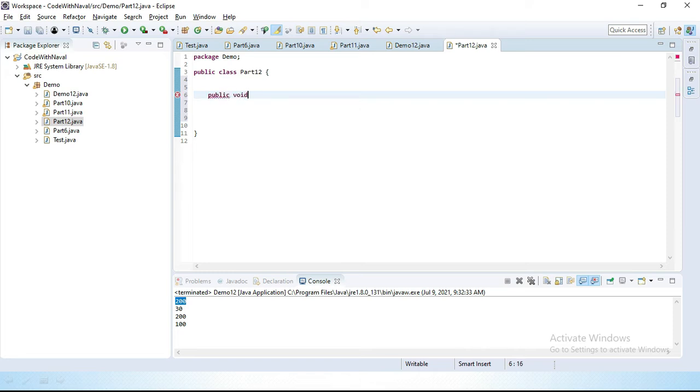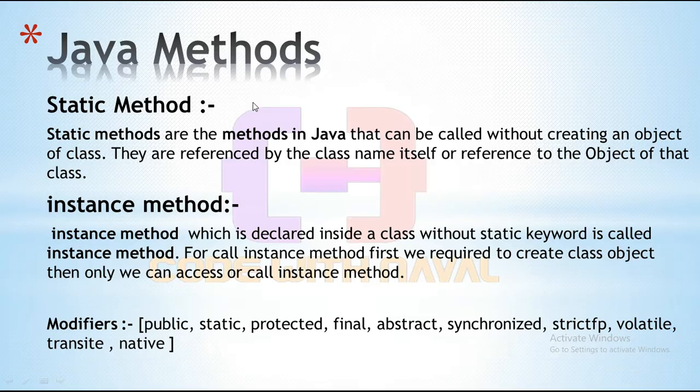I'll define public void add, and I'll accept two parameters, int a, comma, int b. Now I need to perform an operation here. As we know, we use a method for performing some operation or task.